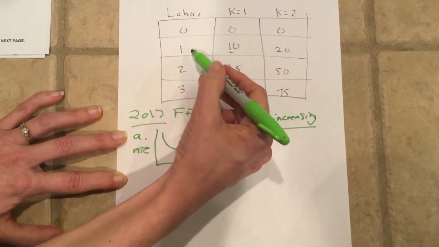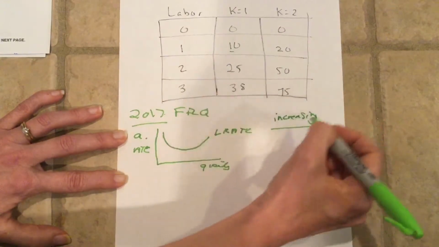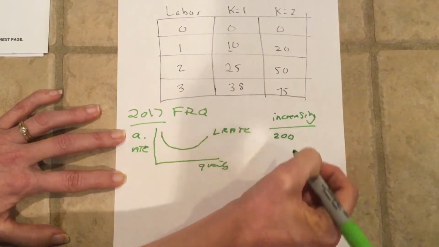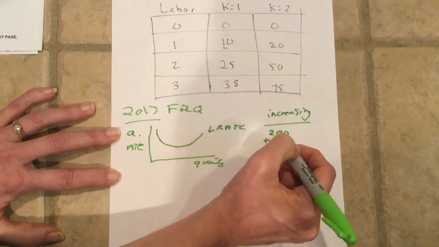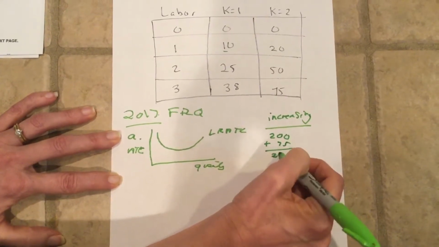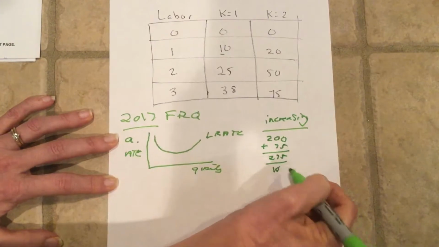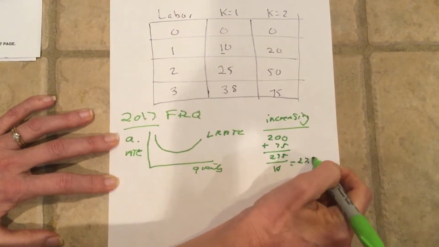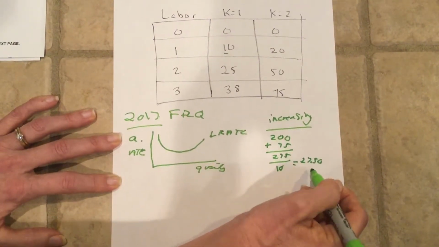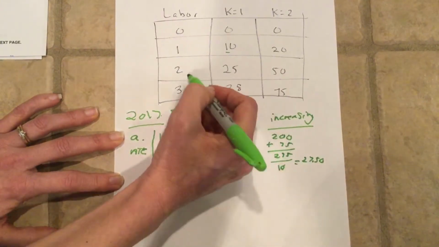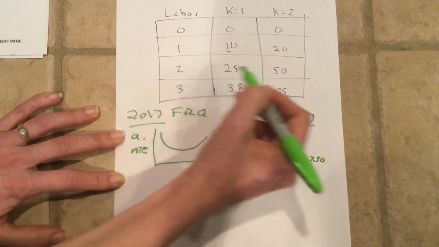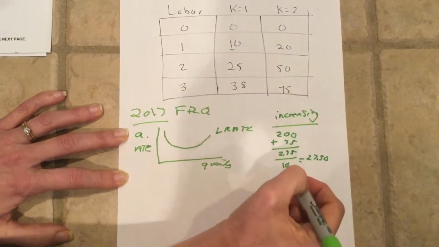Well, if I operate here, I'm paying for one worker, which is $200, and one machine, so my costs are $275. On average, if I'm making 10, my costs are $27.50. That's my ATC. If I actually produce with two workers and two machines, now I'm going to be